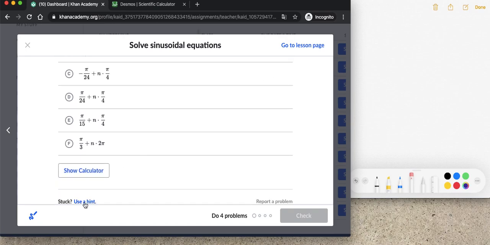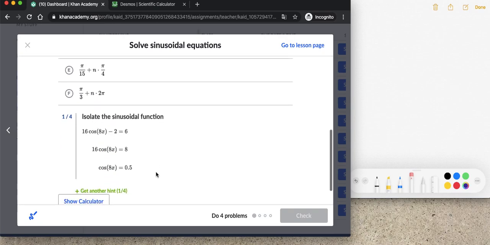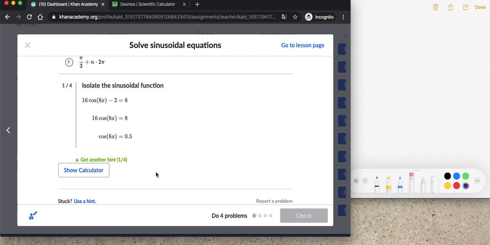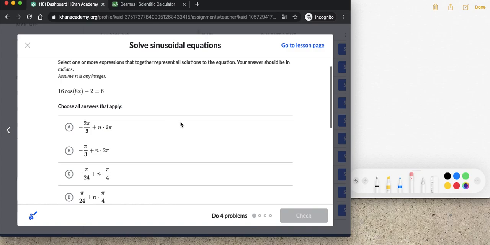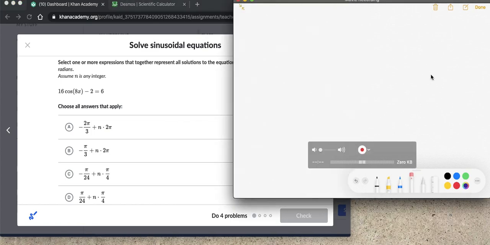And even more so, if you're stuck, you can use a hint. It will actually give you a step-by-step process, and you can get another hint, get another hint, get another hint. If you just go through one set of 4 problems, getting the hints, that may help you out. But let's go ahead and try this one. I will give you all the hints. So here we have